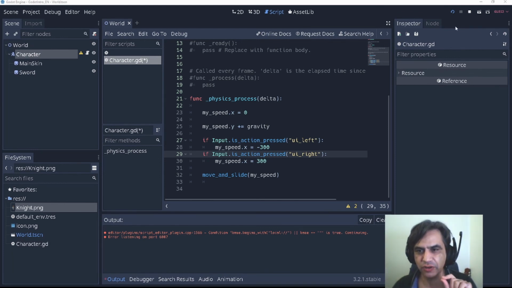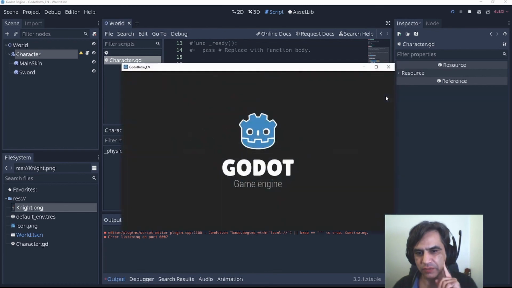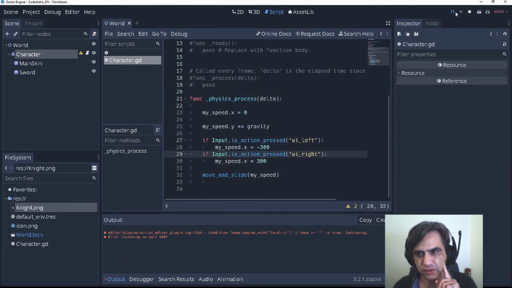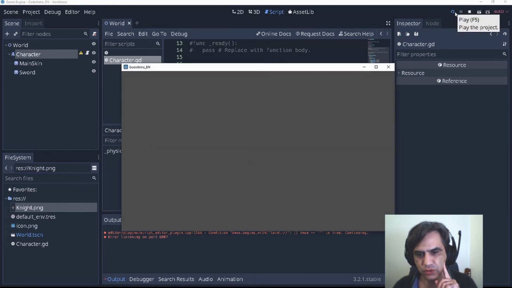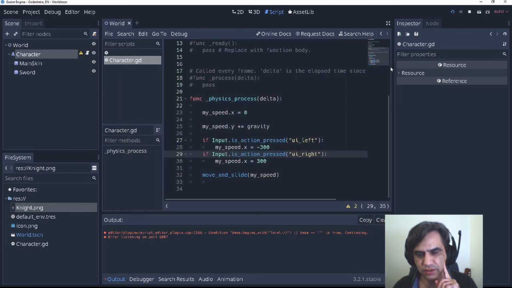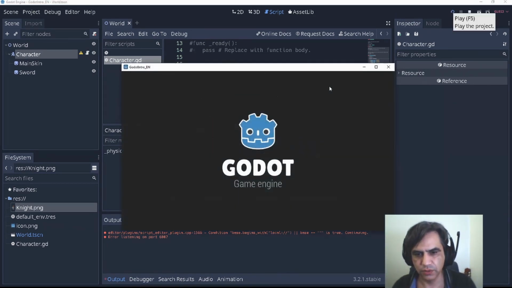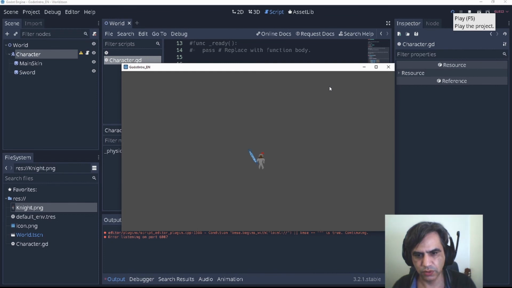Okay, there is an error. So if I run my game, actually it's not that bad. Let's see. I'm going to test only one thing. Yeah, it is too slow.